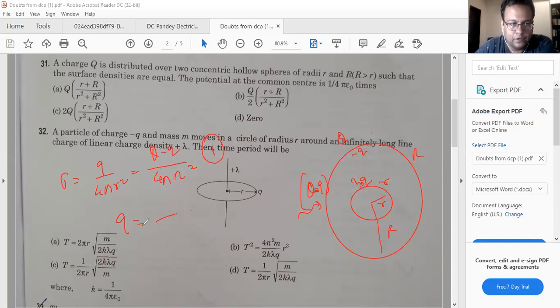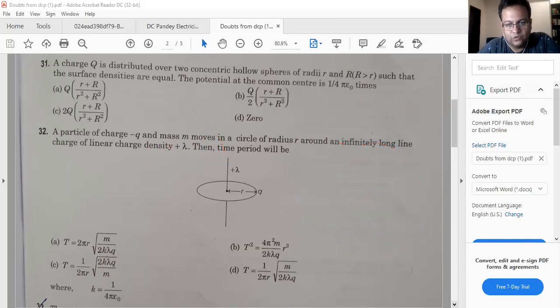Small q is what? Q by... small q can be calculated from this, right? And then we can find out the potential. The potential expression will be k small q by small r plus k into (Q minus q) by capital R. Please go through. Fine. Next,